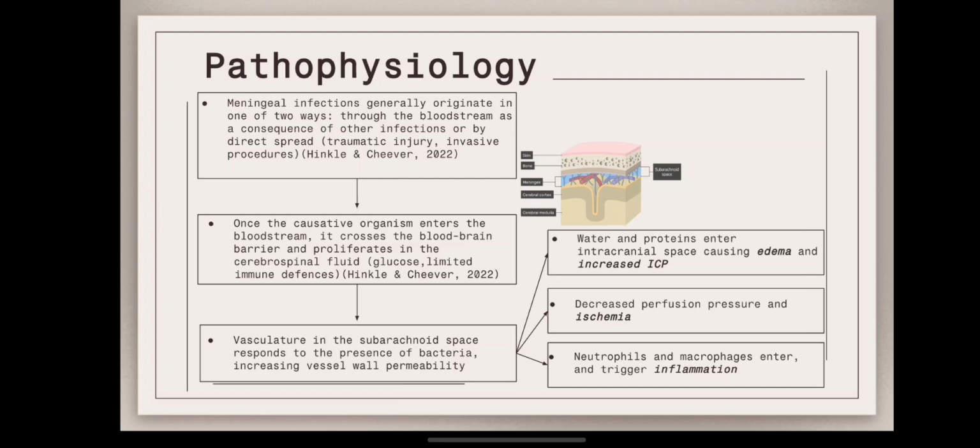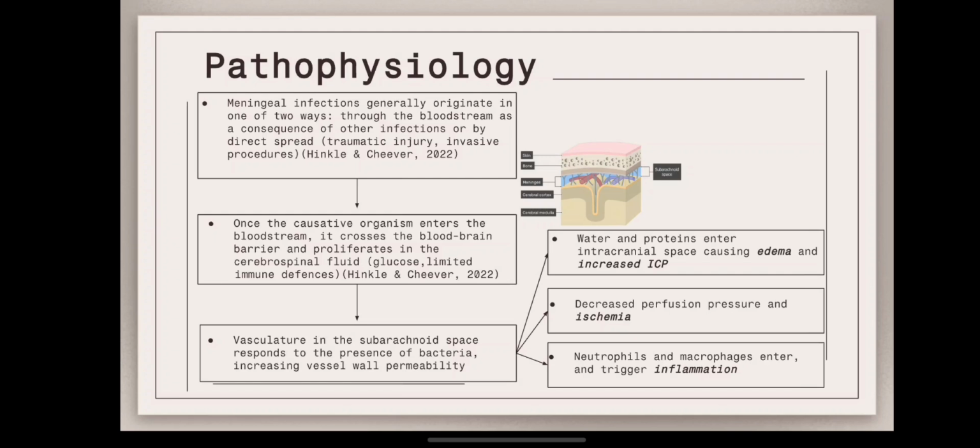or primary infections. This is called hematogenous spread, or directly. So, for example, from sinusitis or from a bone infection, traumatic injury, or even an invasive procedure that allows it to reach the meninges. In hematogenous spread, once the causative organism enters the bloodstream,